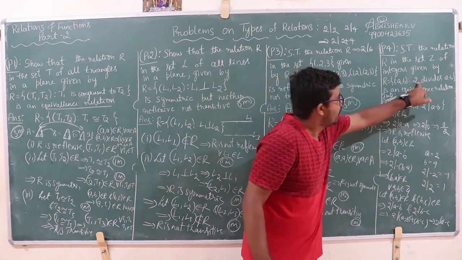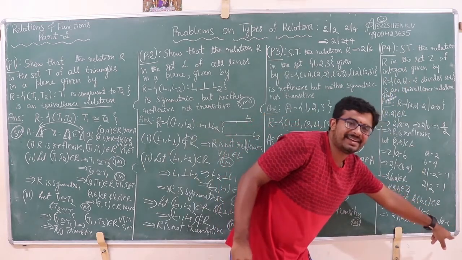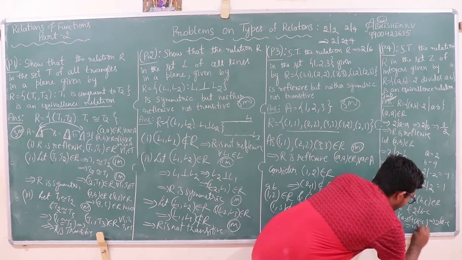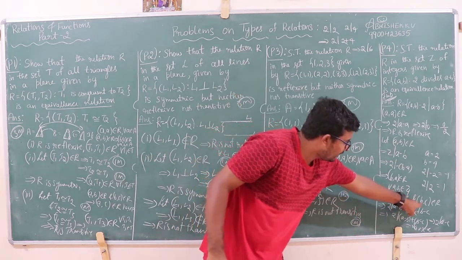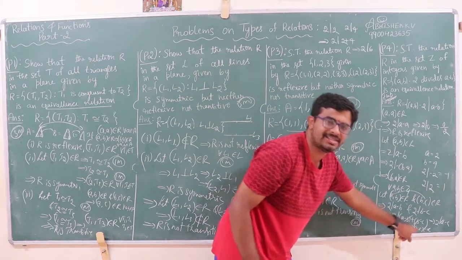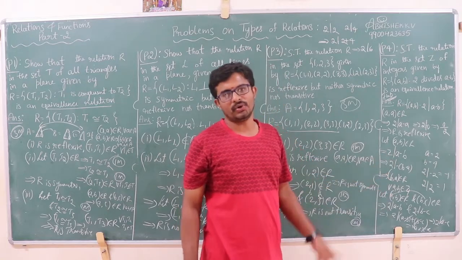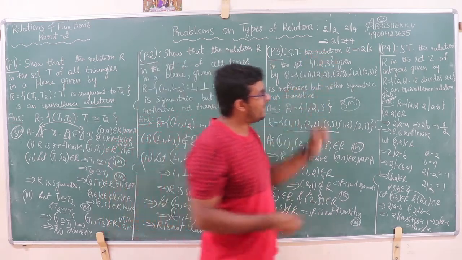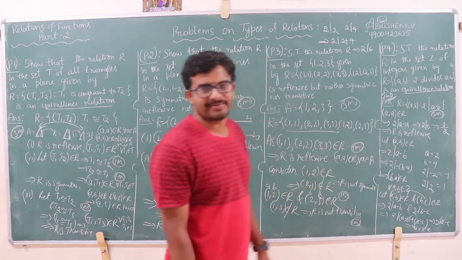According to the given relation, 2 divides a minus b means (a, b) belongs to the relation. 2 divides a minus c means (a, c) belongs to the relation. See, (a, c) belongs to the relation. This holds the transitive property. Yes or no? (a, b) belongs to the relation, (b, c) belongs to the relation. This implies (a, c) belongs to the relation, that is, 2 divides a minus c also. So this proves the given relation is transitive. Since R is reflexive, symmetric and transitive, therefore the given relation is an equivalence relation. Again, this is for 3 marks for your annual examination.